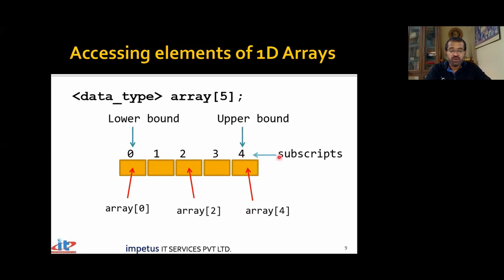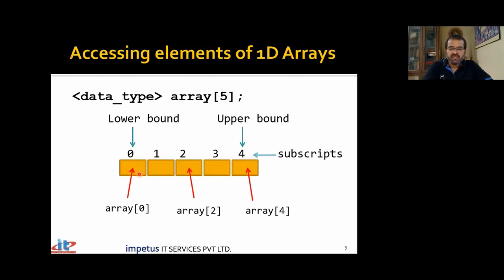So what we have created here is a group of 5 variables. I'm not talking about the data type; it could have been anything. Each element inside this array is of the same type. All of them are a homogeneous collection. Every variable is of the same size. Every element has a subscript. The subscript indicates the position of the element inside that array. This is the first element, this the second, third, fourth, fifth element, and so on. The lower bound of an array in C is 0, whereas the upper bound is size minus 1.